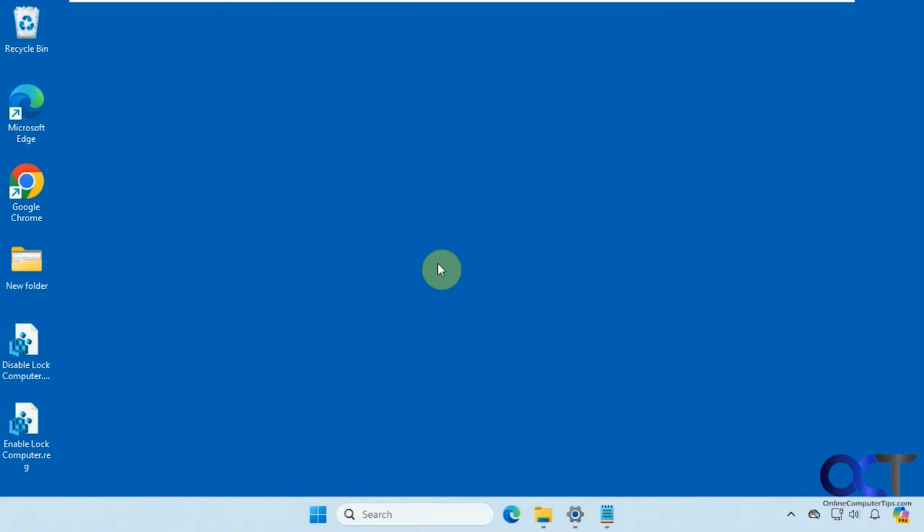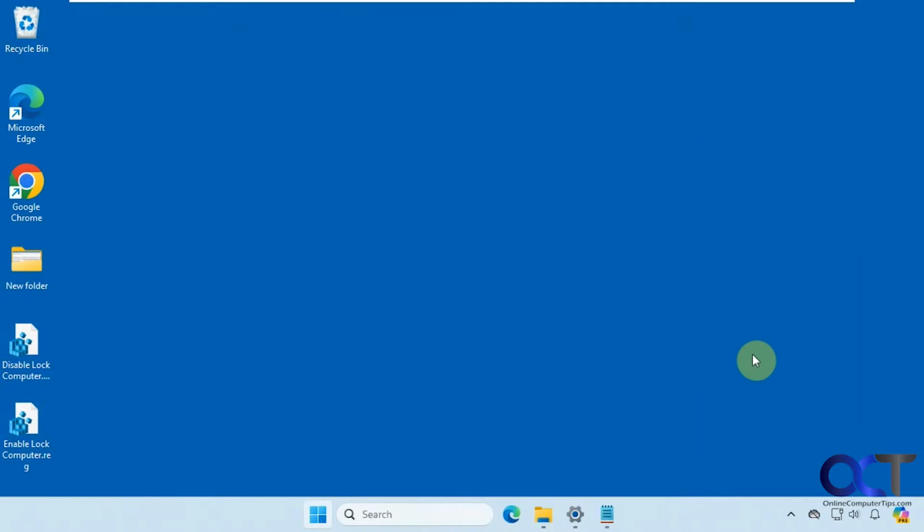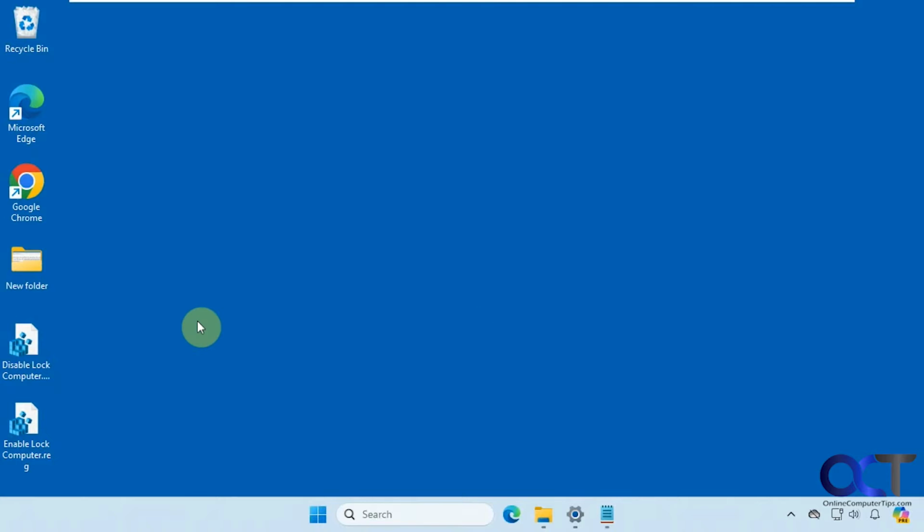Hi, in this video we're going to show you how to disable the ability to lock your computer. So we recently did a video on how to remove the lock option from the power options on the start menu here, but if you do a Ctrl+Alt+Delete, you would still have the lock option. So that's one way to get around it if your users do not know about Ctrl+Alt+Delete. That way you could still lock it and they can't. But if you want to make it to where you can't even lock it using Ctrl+Alt+Delete, you could try this